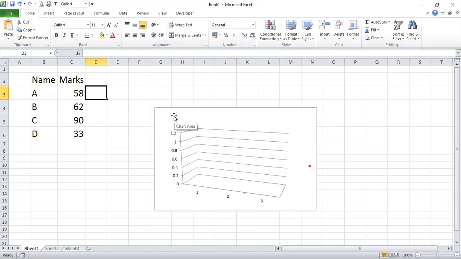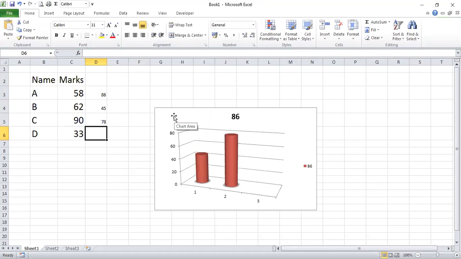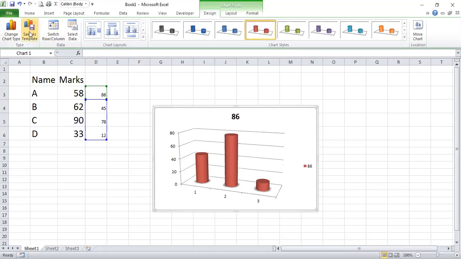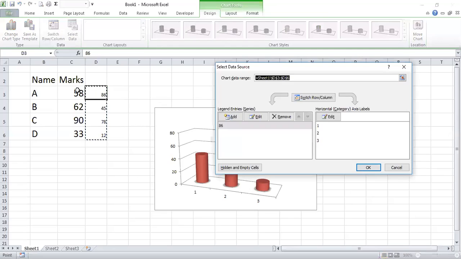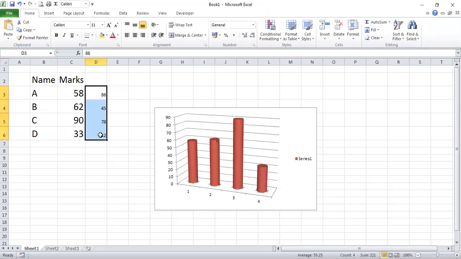So if you put some values here, your charts will be created accordingly. Fine. So I'll change this back to the previous one. Fine.